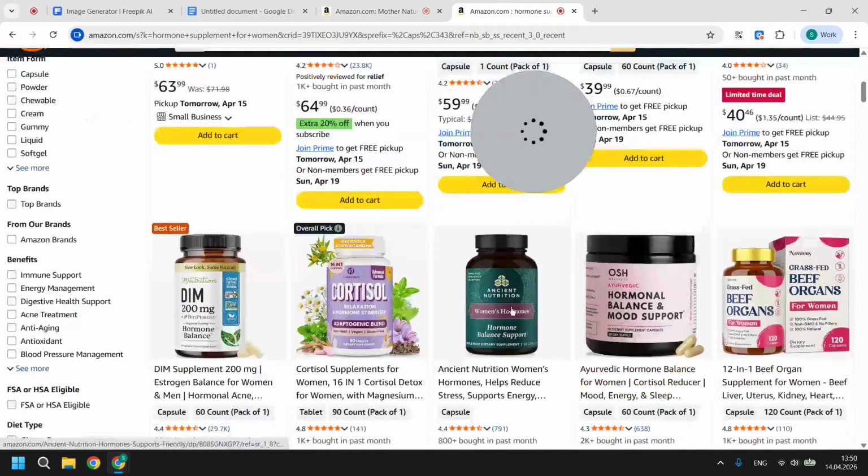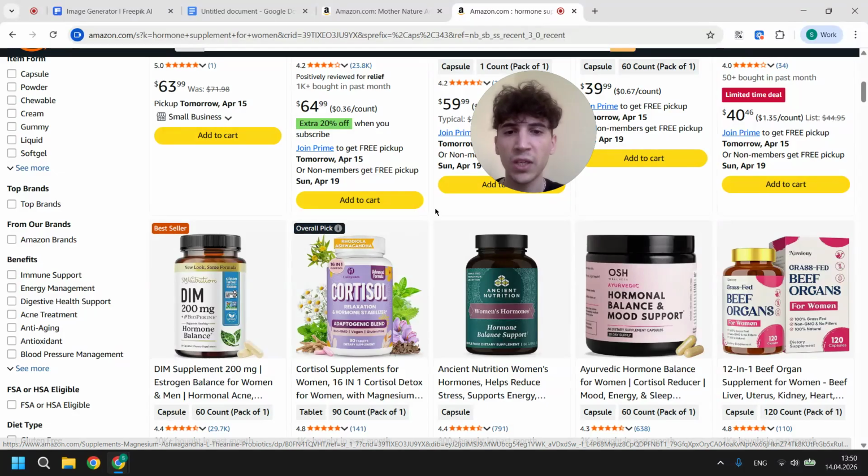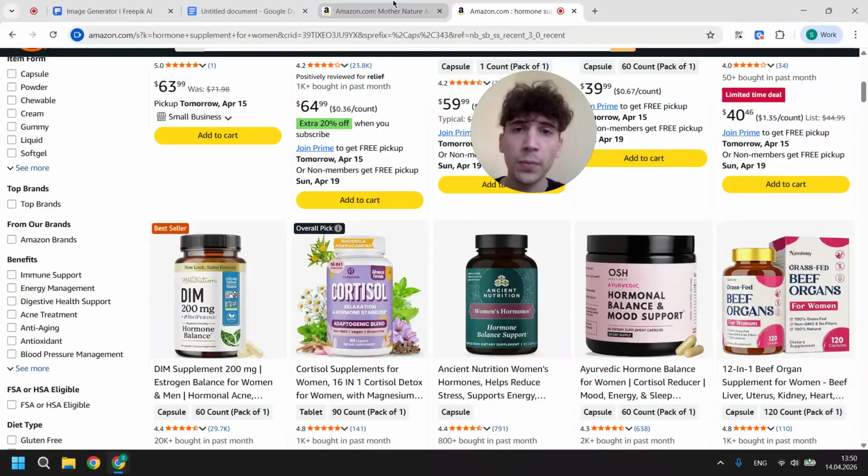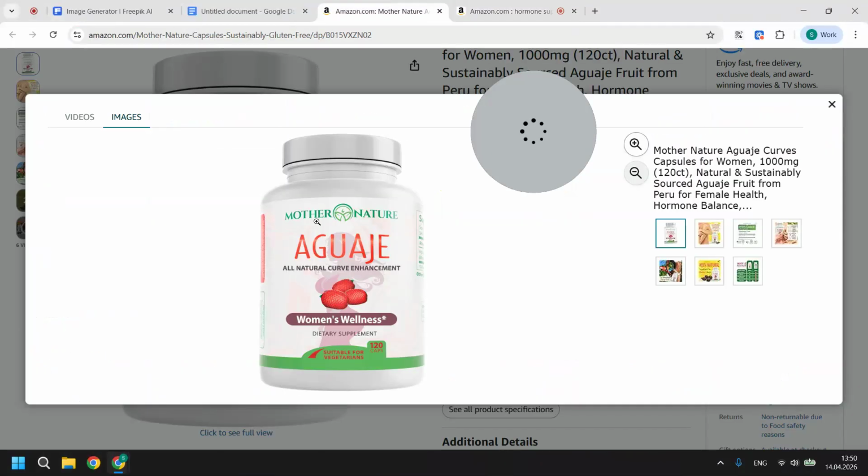So, for example, if we compare these 2 images here, the one on the right and the one on the left, it's quite obvious that the one on the left stands out much better. Now we'll discuss why. So, this is the first job. Your product needs to stand out in the crowded Amazon search results. And the second job it needs to do,